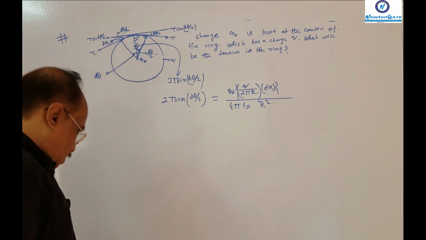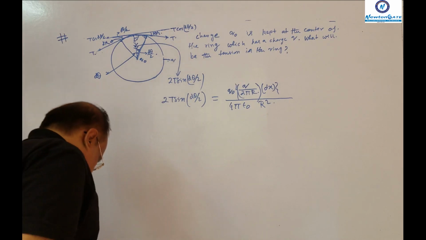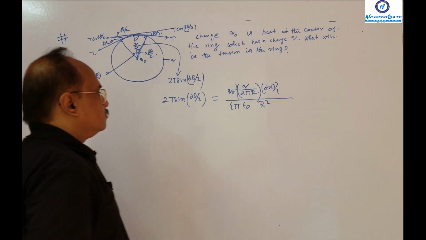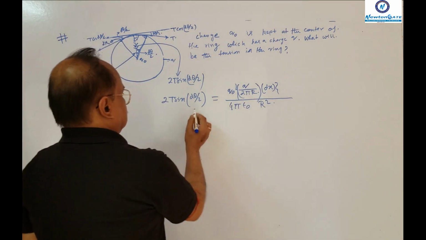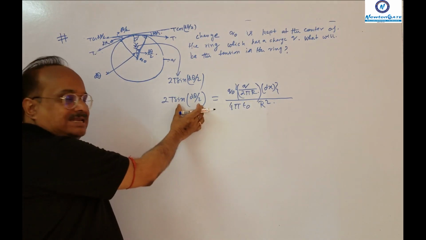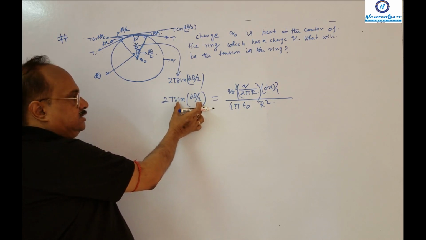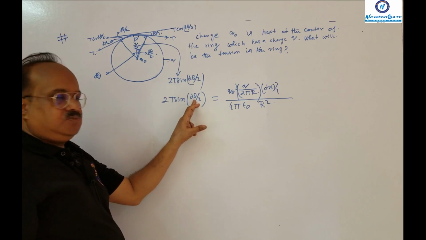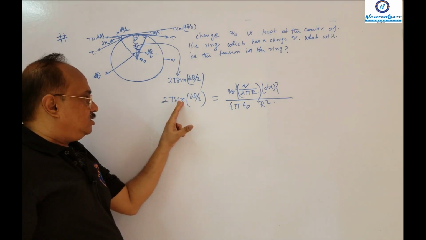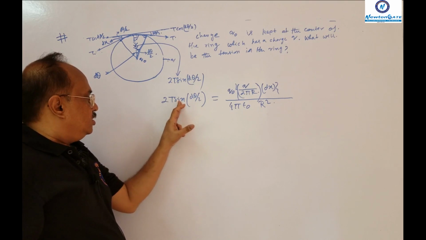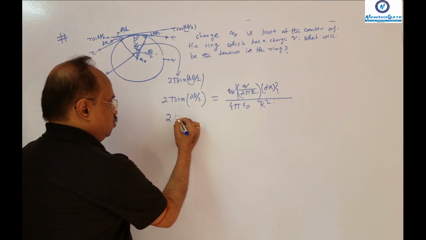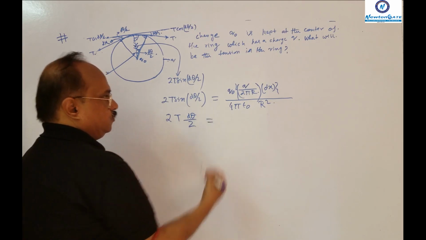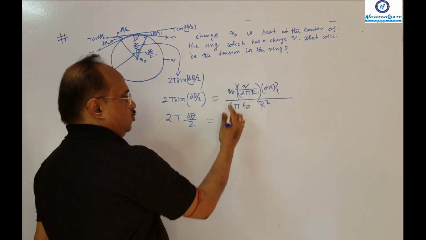Fine. So you can see this here, sin dθ by 2. In sin dθ by 2, theta is very, very small. So theta is very small means the sine can be omitted. So it will become 2T dθ by 2 is equal to, there will be Q naught